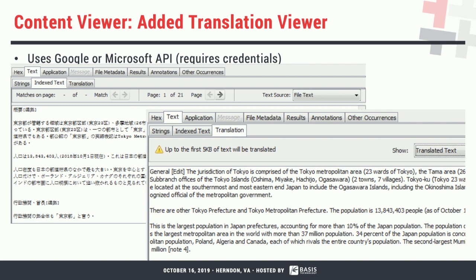It requires Google or Microsoft APIs. So you have to go to the Google Translate API or Microsoft Bing and get their keys. You plug the keys in, and then we'll submit queries through that. It requires you to be online, right? This requires going to servers at Google or Microsoft. So if you're air-gapped, it's not going to work for you unless you have your own on-premise version. But this is the basic idea for that.